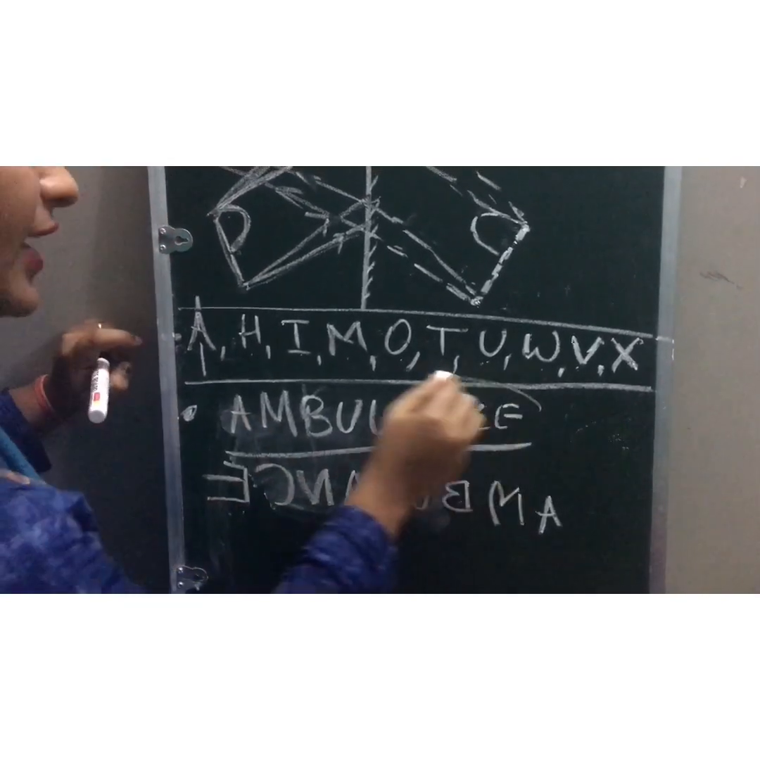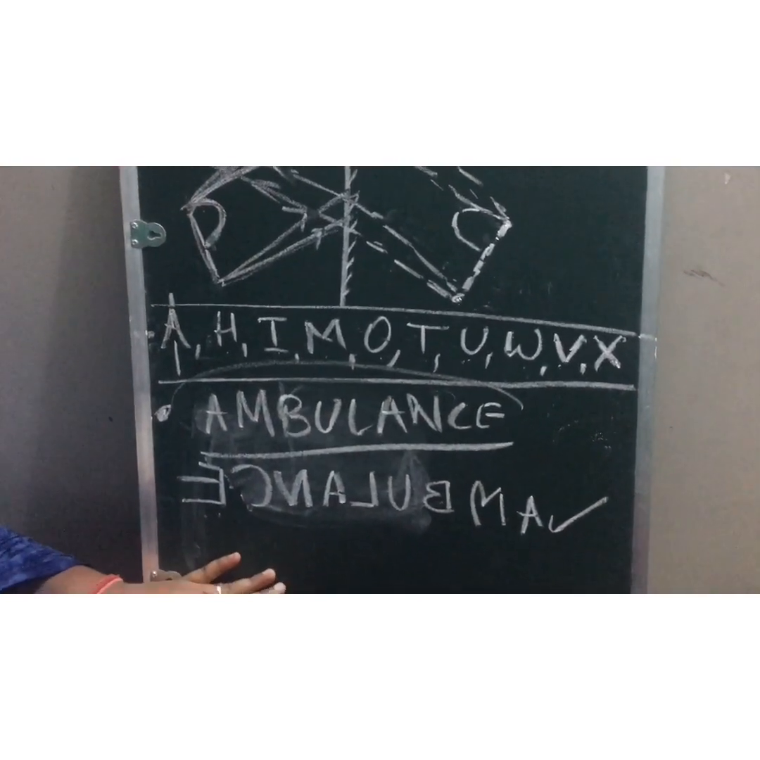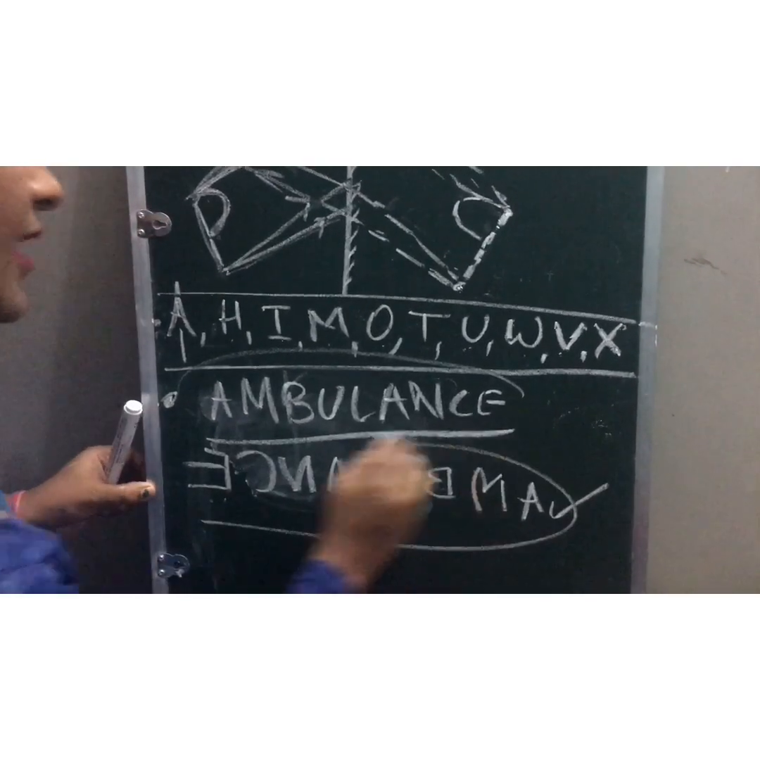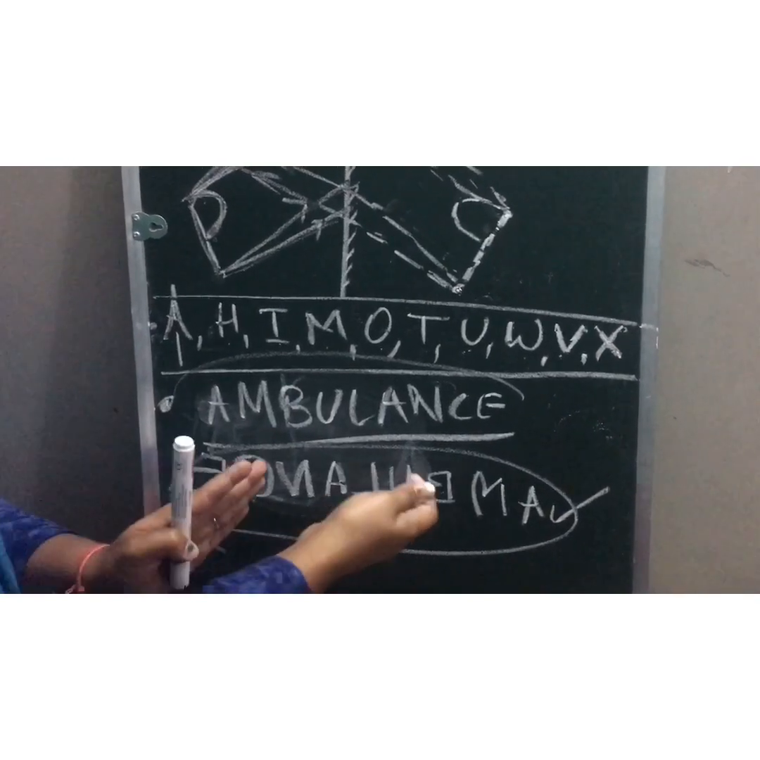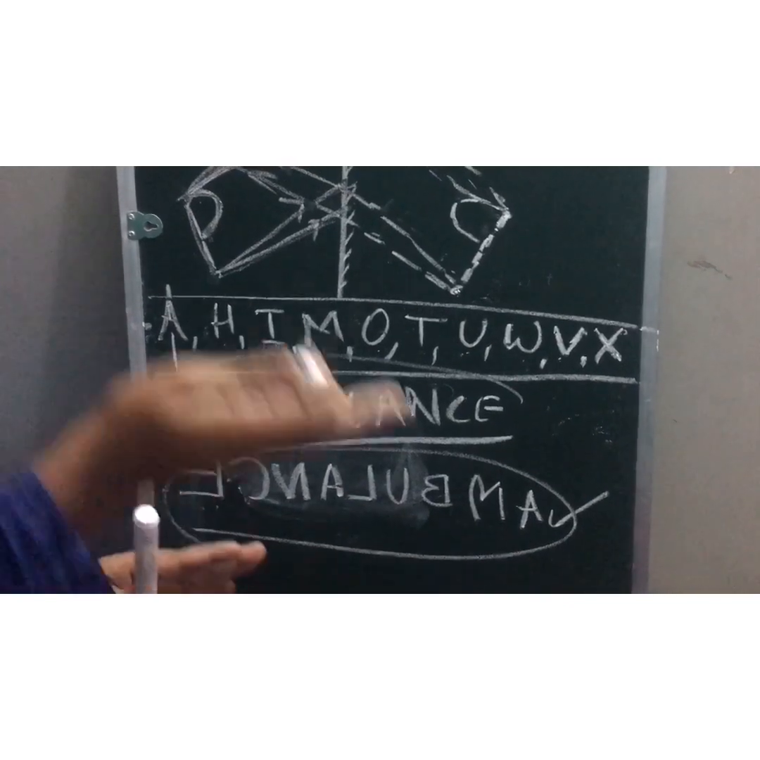Instead of writing ambulance this way, if you write it like this and you just see this page in front of a plane mirror, what are you able to see? You will directly say that it is a written ambulance. Why? Because it is already written laterally inverted. When you keep these laterally inverted letters in front of a plane mirror, it will become